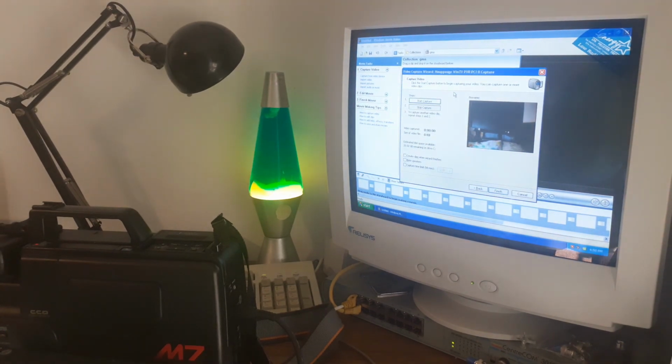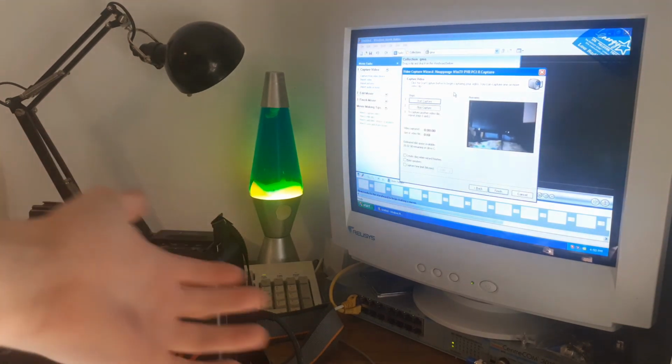Yes, this thing has manual zoom and focus, which is really useful. I really like that because all the other cameras I have don't, and it sucks. And it's almost always out of focus. Alright, so the way I capture video is...